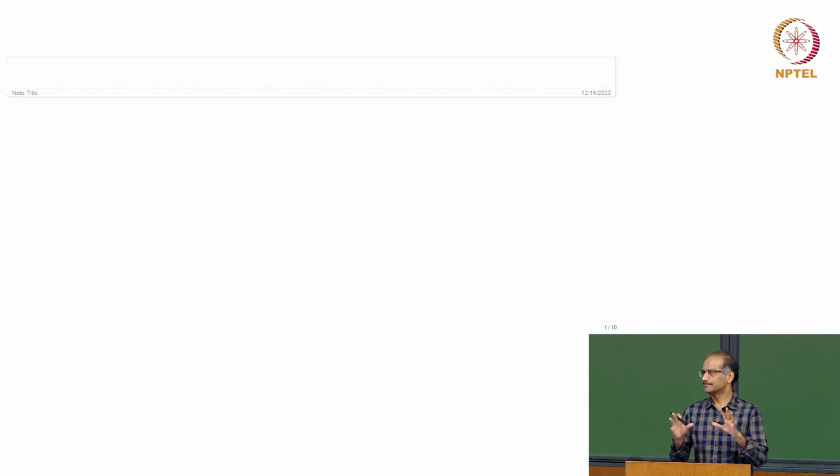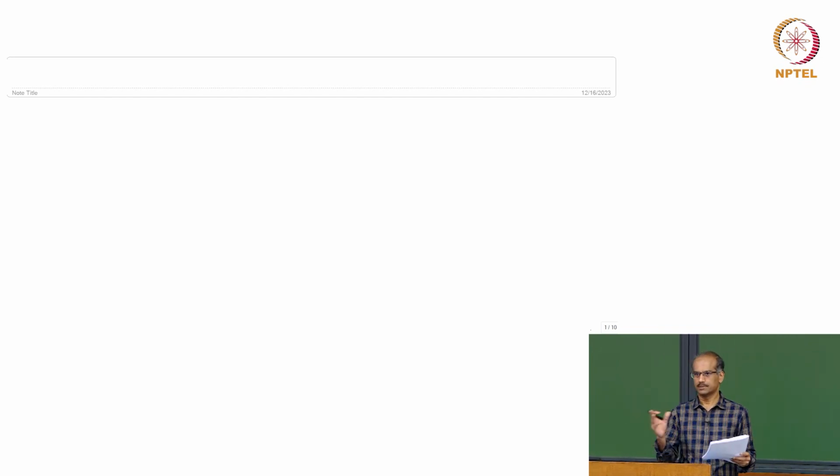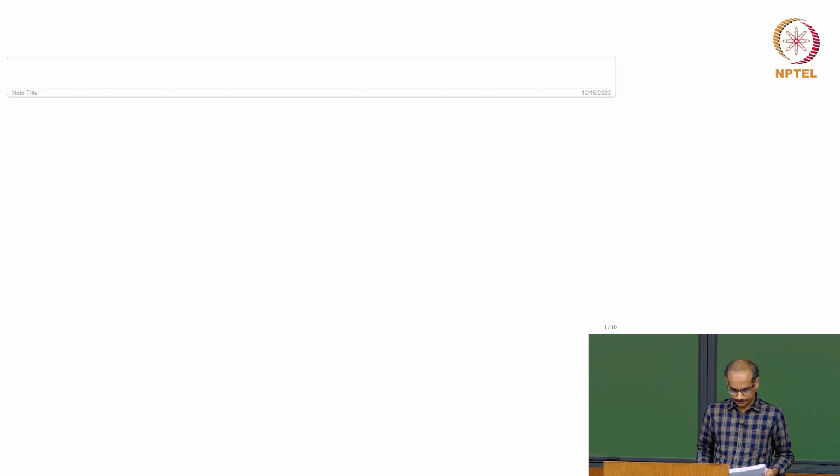So yesterday the heart of what we were trying to learn was about the Perron-Frobenius theorem and how we can apply it to simple graphs. Most of the graphs that we were dealing with were nodes on a line and so on. In principle, it applies to any other undirected graph as well. So for example, if you have to work with a generic graph, let's say with an arbitrary degree distribution,